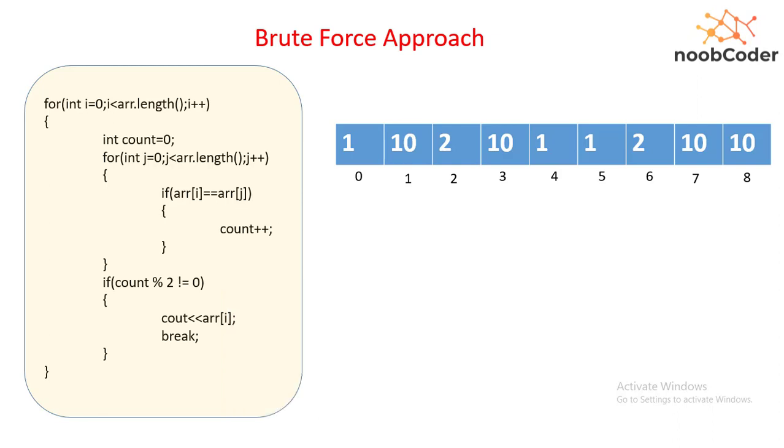Now this is the most primary solution that comes to our mind whenever we see this question. This is the brute force approach, and in this approach what we do is for each element we search the whole array and we see if this particular element is repeated or not. For example, for 1, we'll search the whole array and count the number of occurrences of 1. We'll do the similar operation for 10, for 2, for 10, for 1 and so on. So we will do the similar operation for all of the elements.